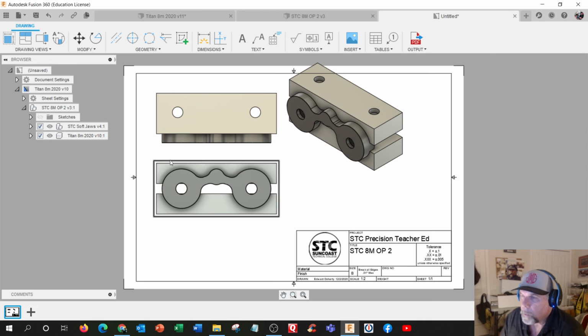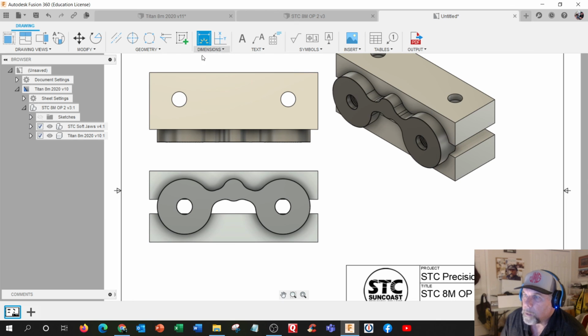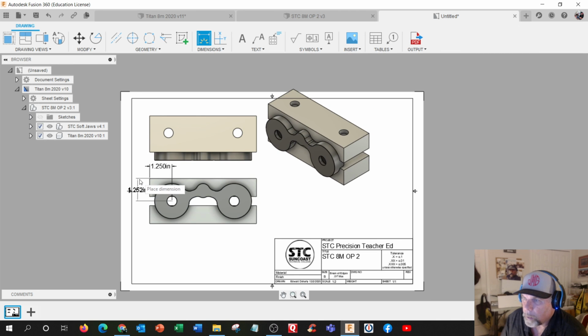Close. And I want the dimension of where this is to here, 1.25, and the dimension from here to there. That will give us an optional way to find the middle of that thing. So I'm going to